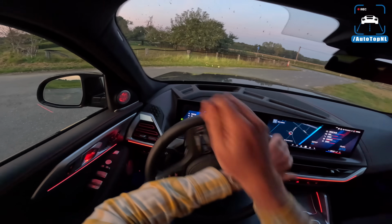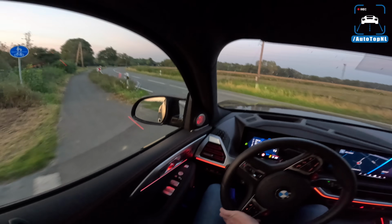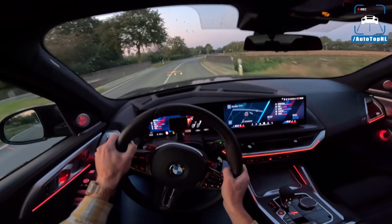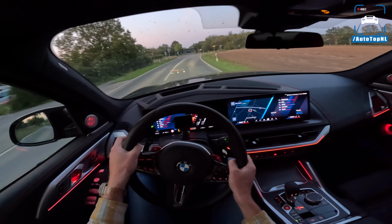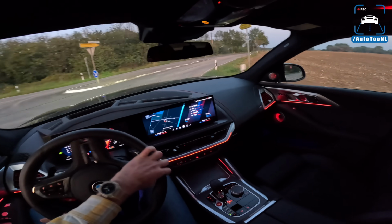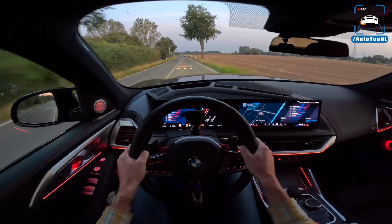As I said, the sun has just set, so we do need to get a move on and head towards the border. So it is a quick car. It absolutely shoots off into the distance when you hit the throttle, but as we've talked about before with these